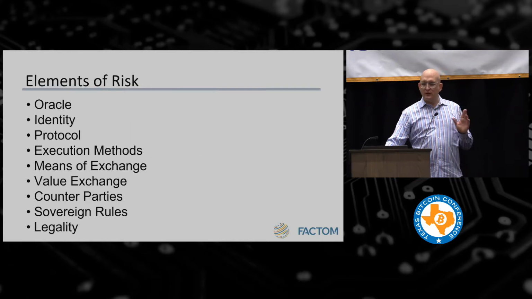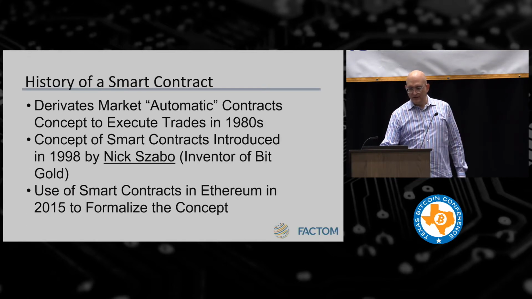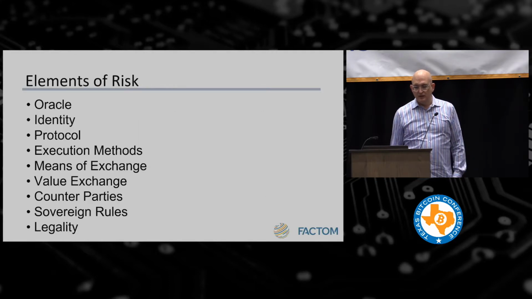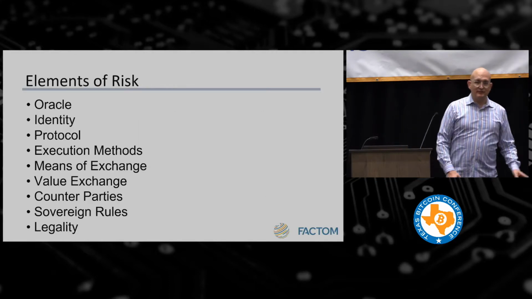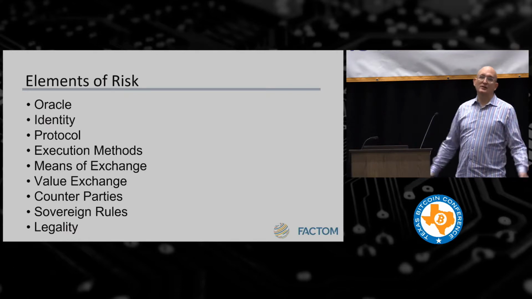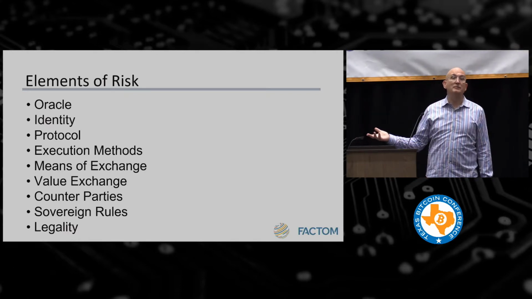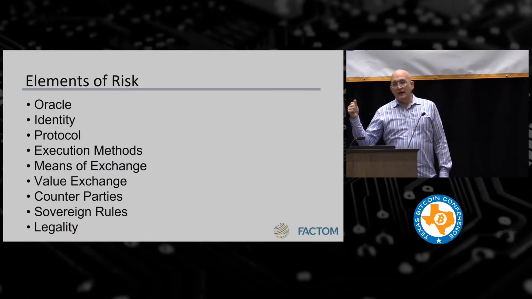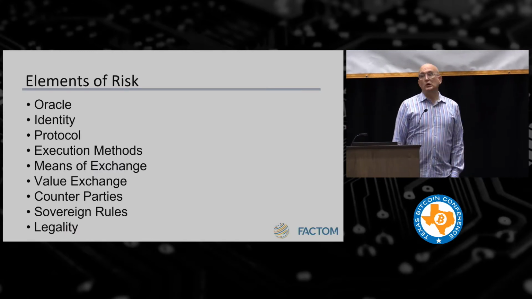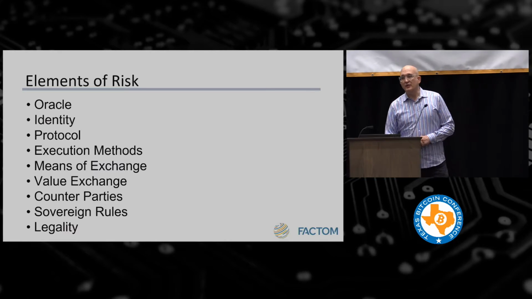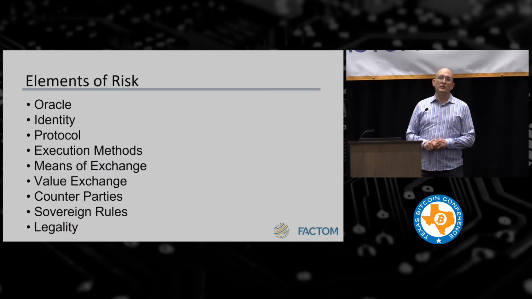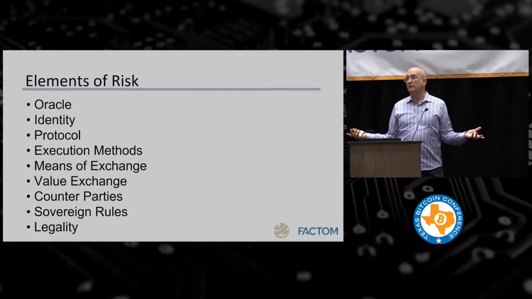And that's kind of how this has been coming along. So it's not necessarily a new concept, but it is important to understand. We've been dealing with this for a while. Okay, now we're going to get into the good stuff. So how is a smart contract risky? And by the way, these are elements of a smart contract, but that's something to keep in mind. First of all, the oracle. So what is an oracle? An oracle is nothing more than a point of information over which you decide an operative term.